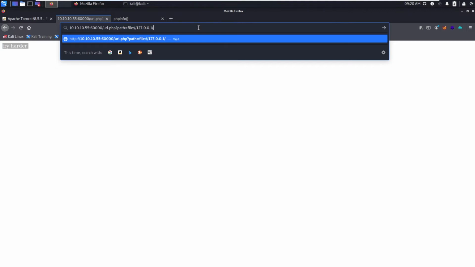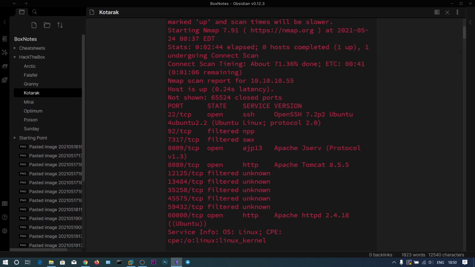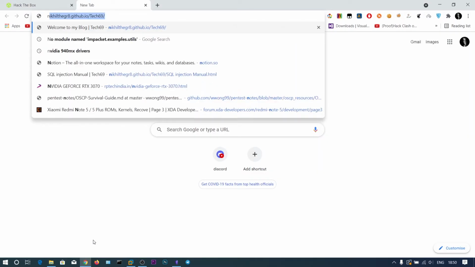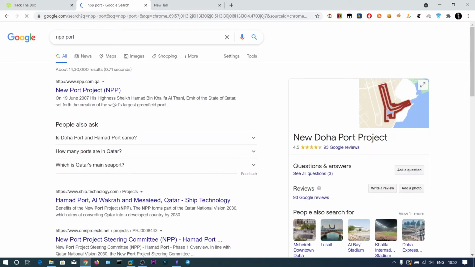There is no FTP. You can check the open ports on the nmap, what ports are open. 22 is open, and so npp, what is this, I don't know. So let's go and find this.